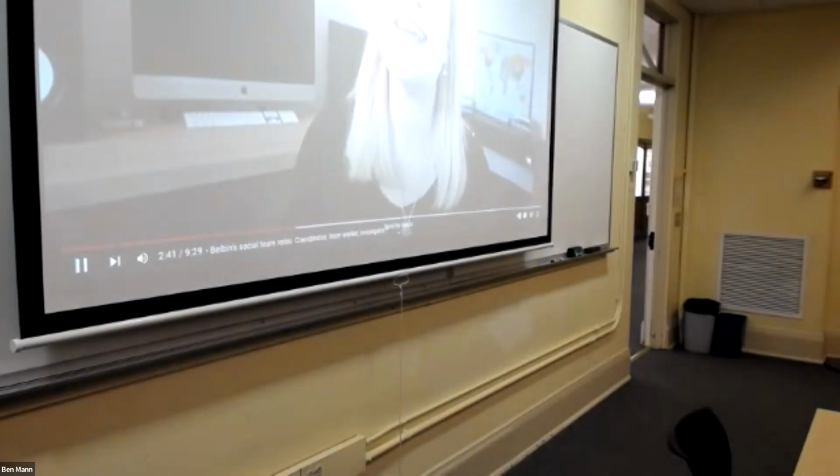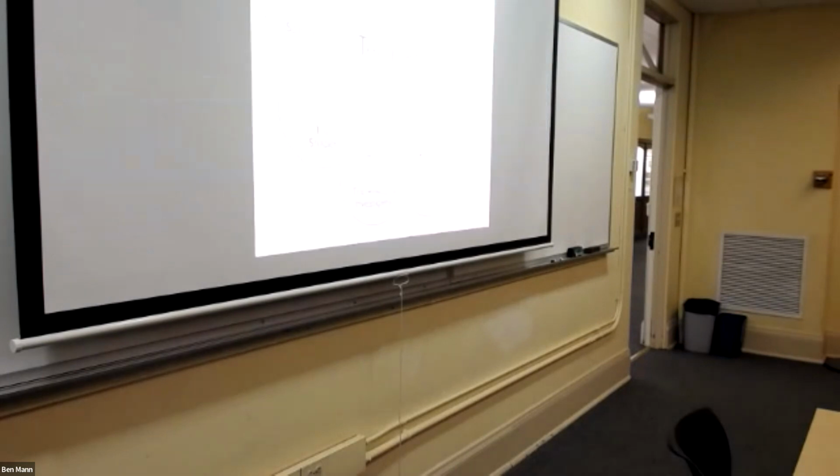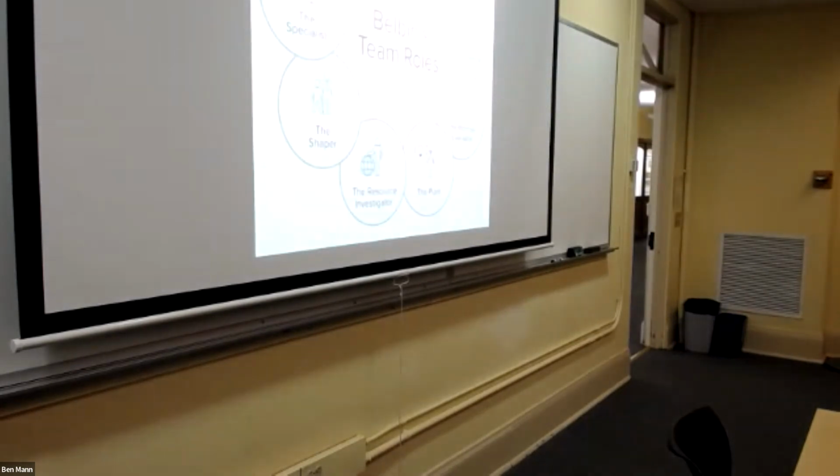At these roles in a bit more depth. Let's start with the social roles. The first role is the resource investigator. This is somebody who uses their inquisitive nature in order to find ideas to bring back to the whole team